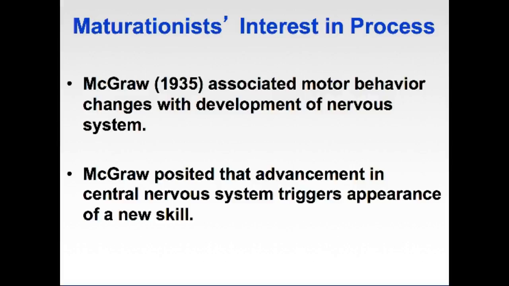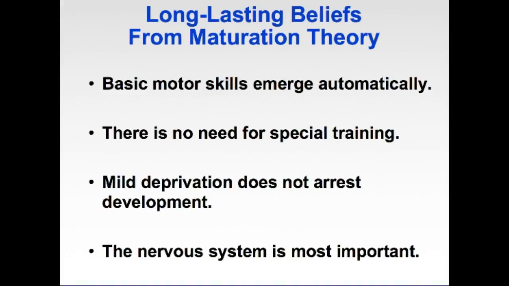So in 1935, McGraw associated motor behavior changes with development of the nervous system. And he also proposed that advancement in the central nervous system triggers the appearance of a new skill. The long-lasting beliefs from this theory are: basic motor skills emerge automatically. There's no need for special training. Mild deprivation does not arrest development, and the nervous system is the most important for